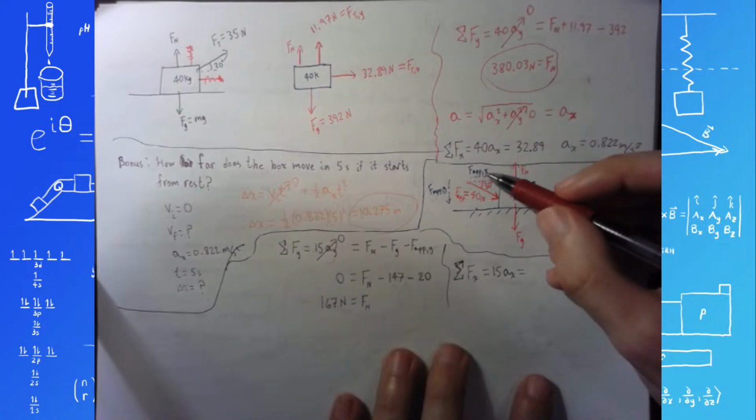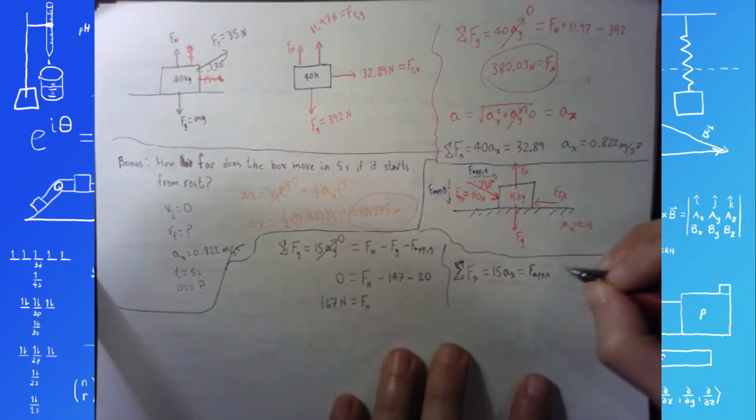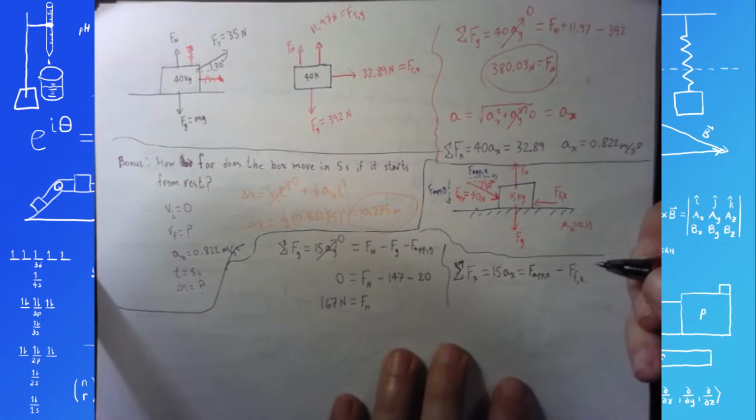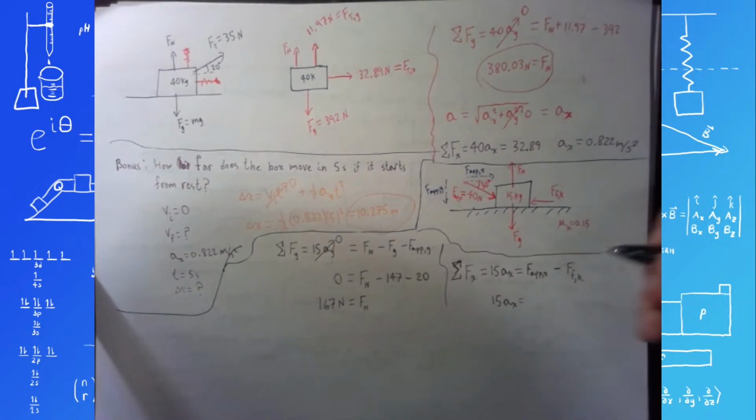So that's going to be force applied x minus forces to the left, force of friction, kinetic, whatever it is. So that's going to be 15 acceleration in x equals force applied x, 40 times, we already did sine, so the other component must be cosine. 40 cosine of 30 degrees is 34.64